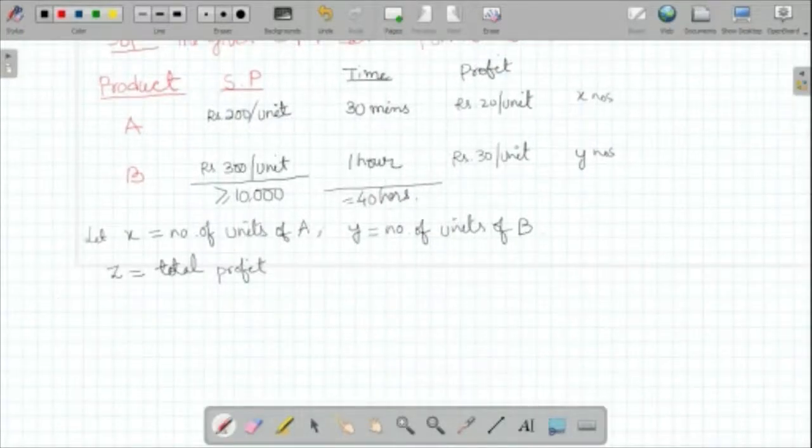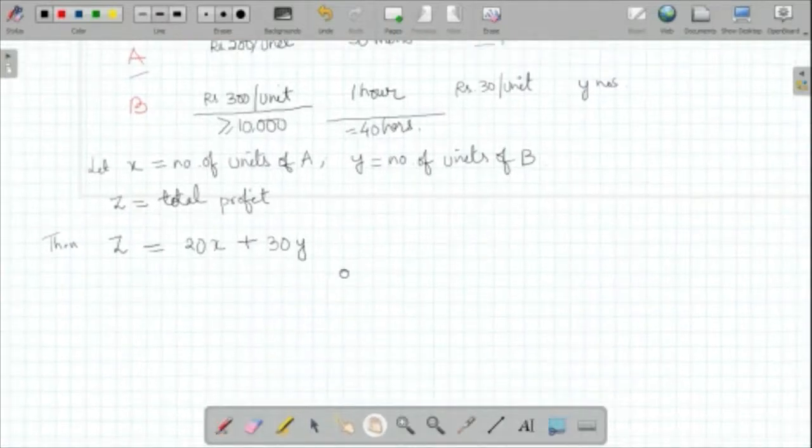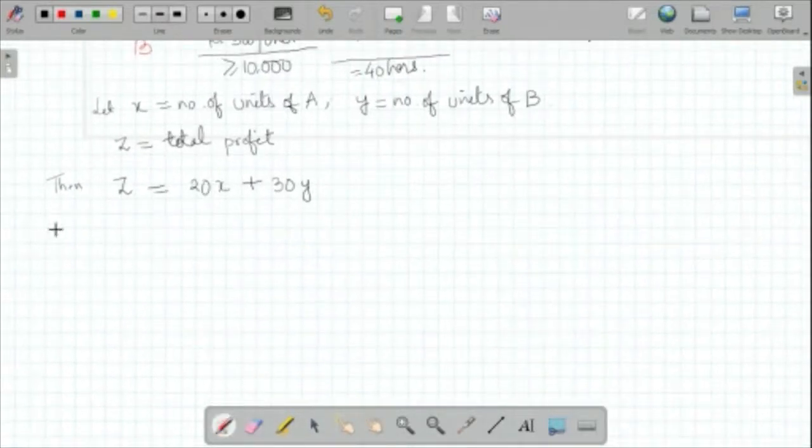Now, how do we find Z? See, the profit on one unit of A is 20 rupees, and we produce X numbers. So from A, the profit we are getting will be 20x, plus for B, the profit per unit is 30, but producing Y units, so it will be 30 times Y. Okay, right? Now you can write here, then after that